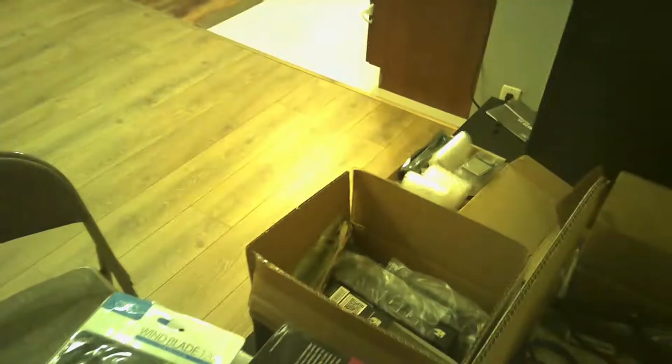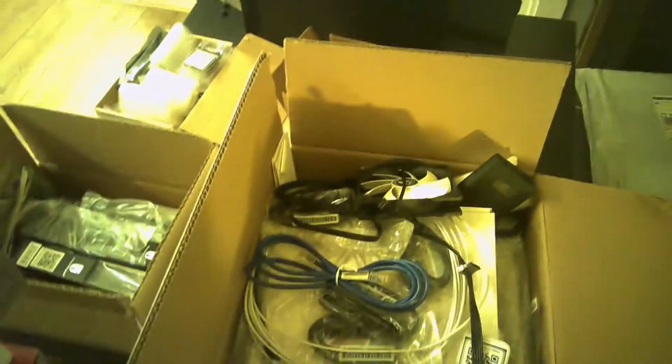So we have CPU coolers, brand new, still in the box, never opened, as you can see, where we will do a little bit of unpacking on those and then go from there. There's a bunch of random stuff in here at this point, which we're naturally not going to all touch. Here's a cable. Those cables, but really what we want to get to is this